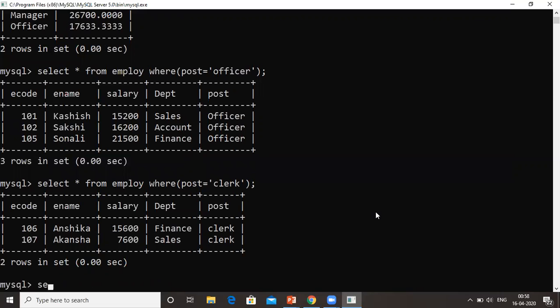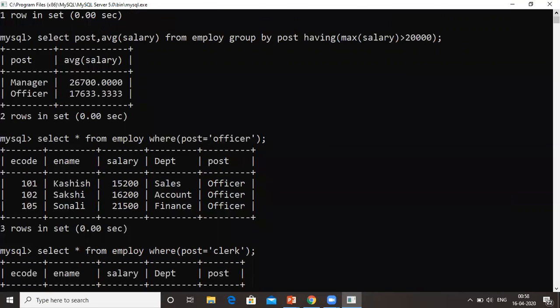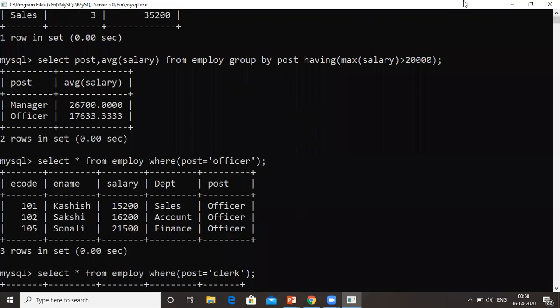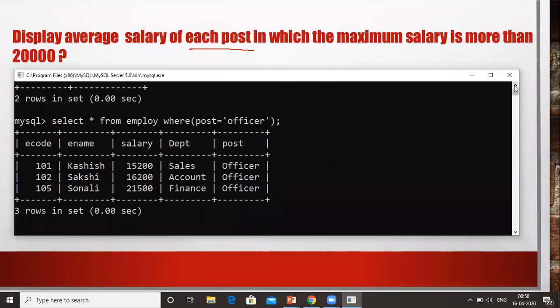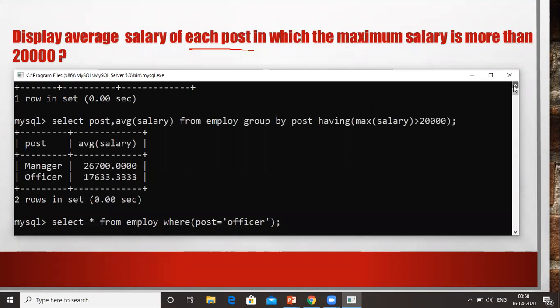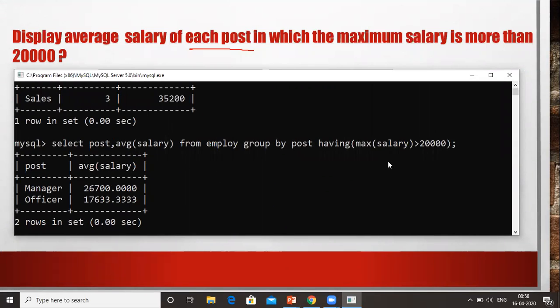Okay, so this is basically the answer of our question: group by, maximum salary greater than 20,000. So this is the question and this is the answer of the above question. Okay, so you can note it down also.